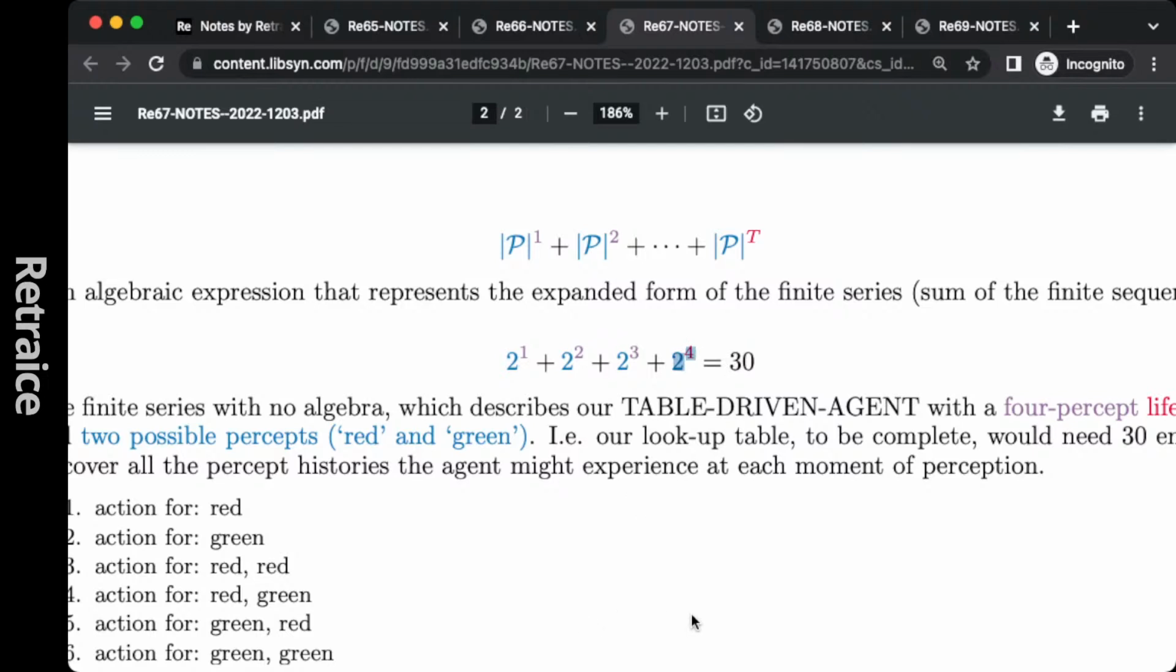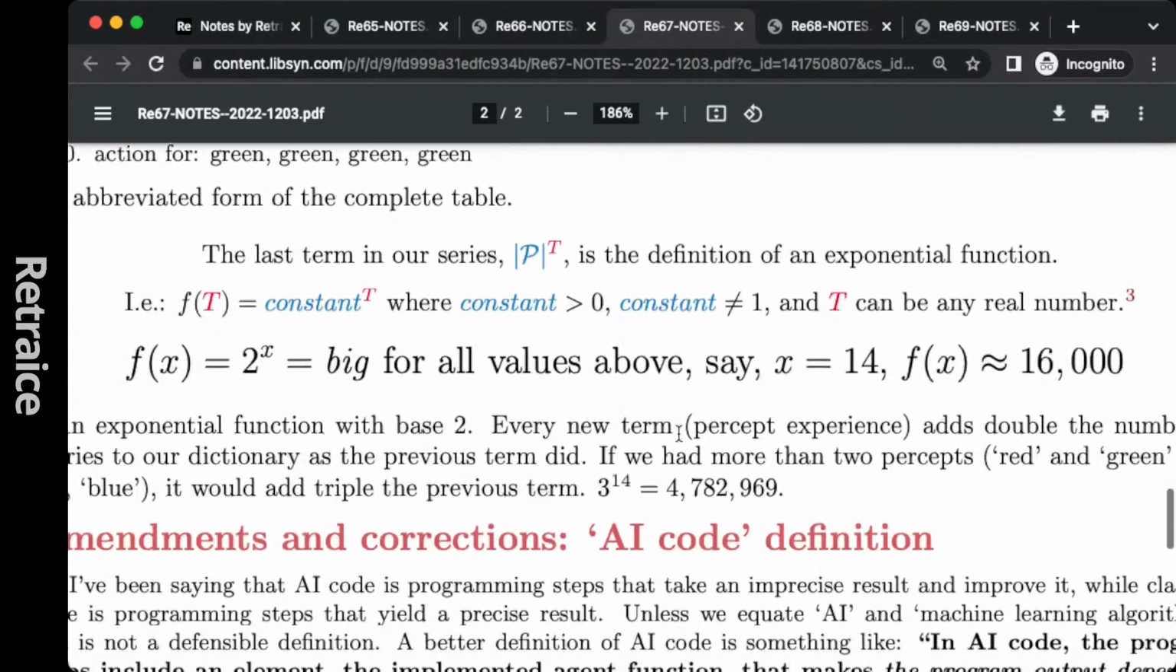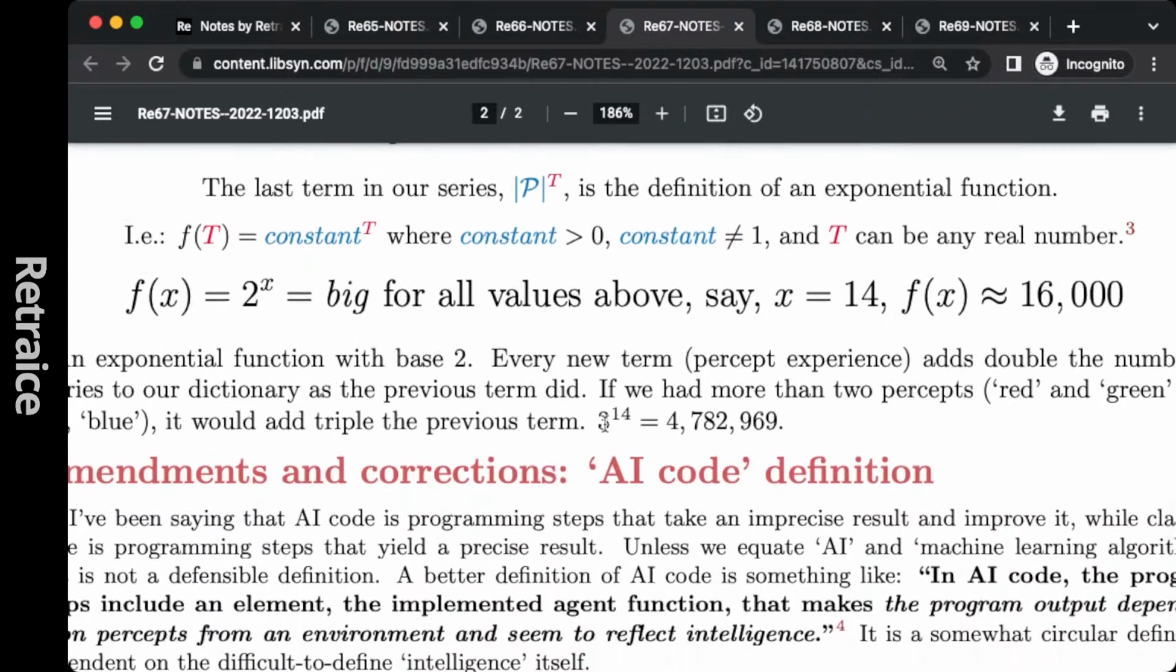So we're taking steps along an x-axis that we don't have drawn here. That x-axis is plugged into this exponent. It's raised 2 to the 4, then 2 to the 5, then 2 to the 6. That's 2 to the x. F of x equals 2 to the x equals big for all values of, say, x equals 14, which is roughly 16,000. If you have a 3-percept world and you take 14 percepts,